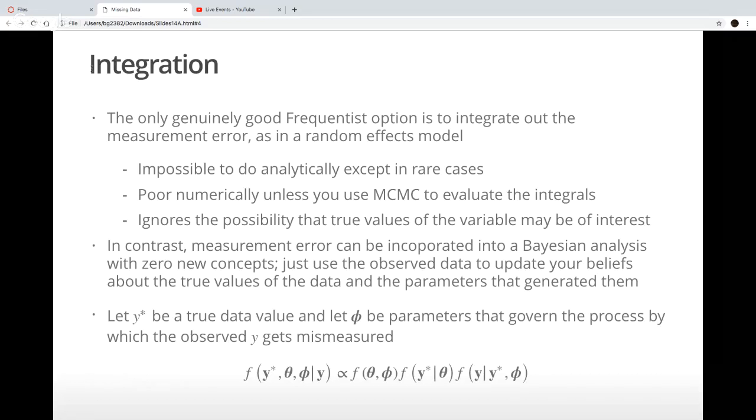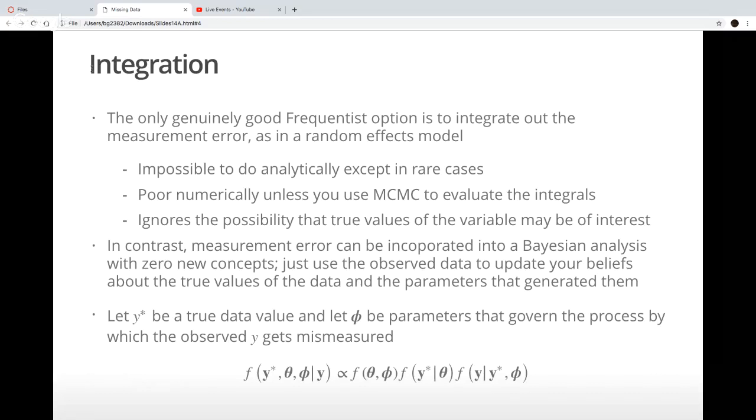And Stan is particularly good at drawing from posterior distributions that have a lot of dimensions. So you might say, oh, well, Y star has n elements to it. Now I have this huge posterior distribution if n is large. Well, Stan doesn't really care. It may take longer, but it doesn't make it fundamentally orders of magnitude more difficult for no U-turn sampling to draw from this